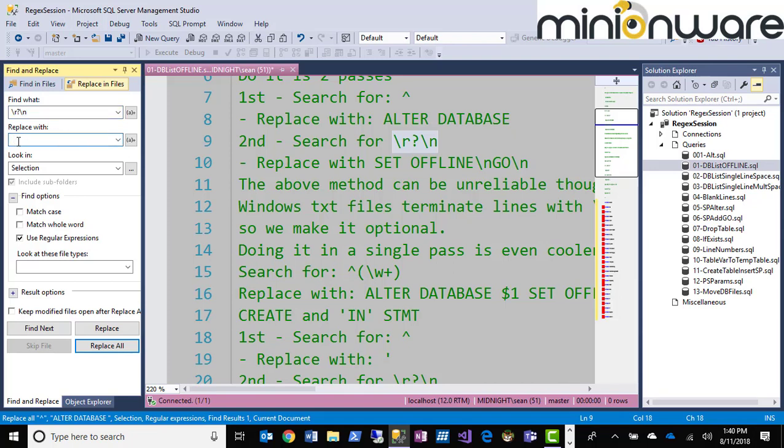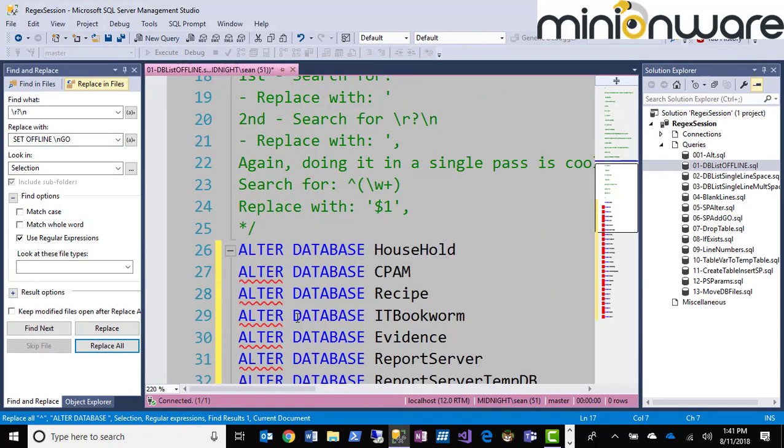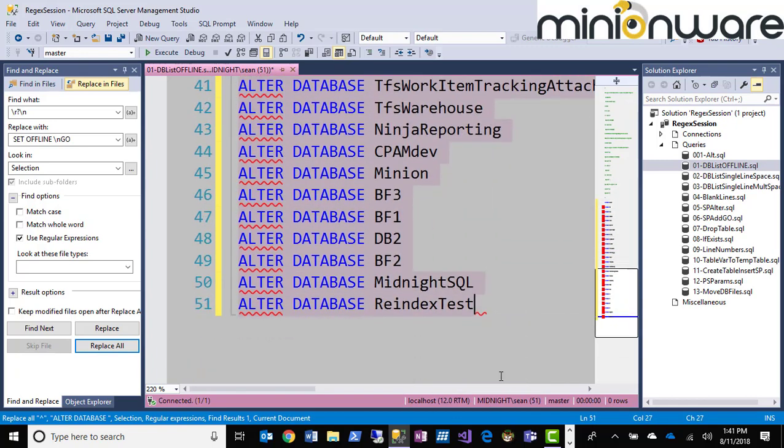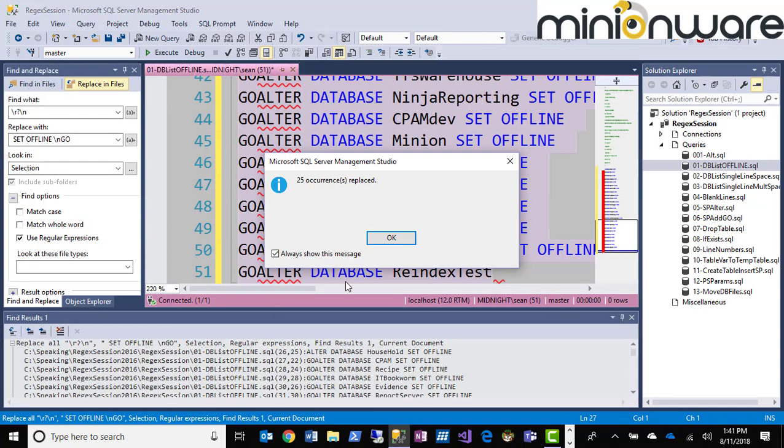And let's say, what did I say we need to do? Oh, yeah, set offline. Now, I'm going to give it a new line and the word go. And I need to copy my thing again. I need to highlight my thing again. There we go. I want to search in the selection again. I'm sorry? Don't get ahead of the story. Now, when I replace all,